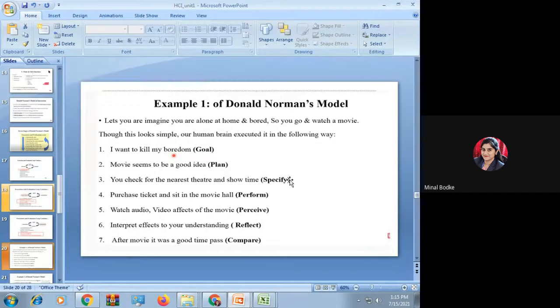Depending upon that, if the movie was good, you will say the time spent was quality time. If not, it was boring. Understood? In this way you have to divide your task. See here: goal, plan, specify, perform, perceive, reflect, and compare.